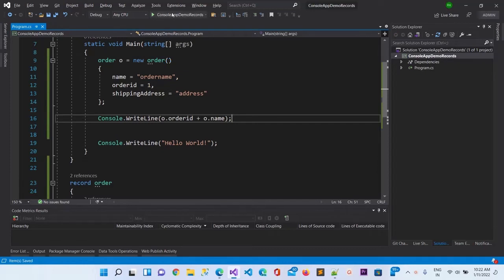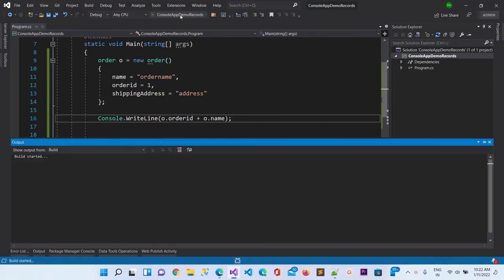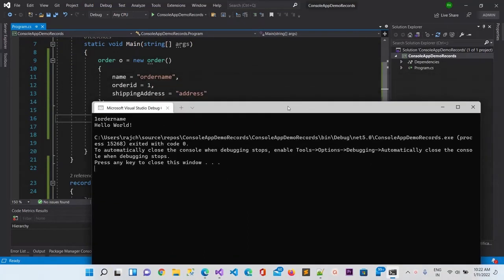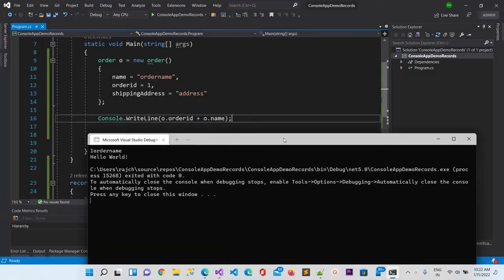Let me run this. Now here you can see the output. The first thing was the order id plus name, so you can see order id is 1 and name is the order name, that's why it is printing 1 order name.